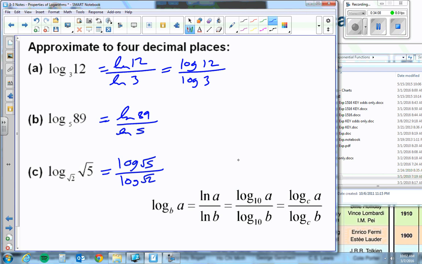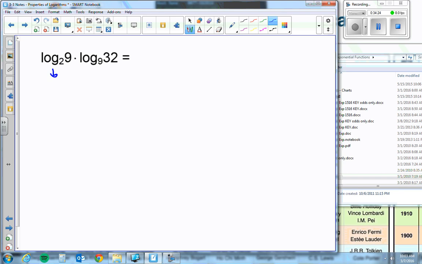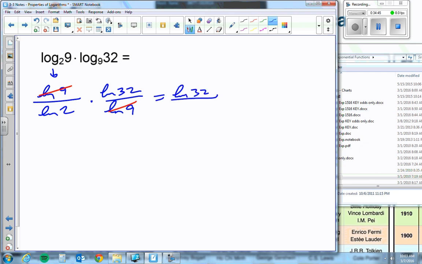Okay? And like I said, if you have a calculator, type them in, you'll get the answer. The last one, by the way, well, all these, make sure you close parentheses before you divide. Don't mess up the parentheses. Now, there's this one, though. You're going to use the change of base formula, but you don't need a calculator on this one. This first part, I'm going to rewrite as, I use natural logs. Use common log if you want, I don't care. But be consistent. This one then becomes natural log of 32 over natural log of 9. And what happens? Yep, natural log of 9 cancels,